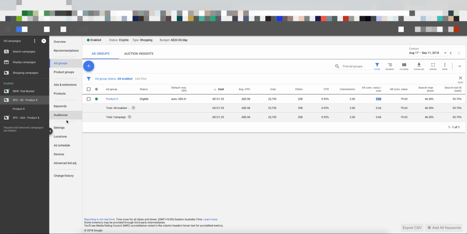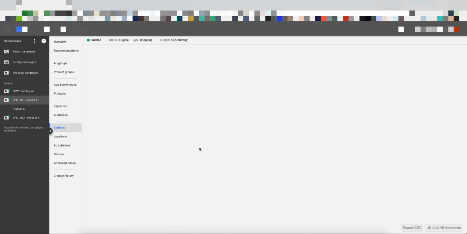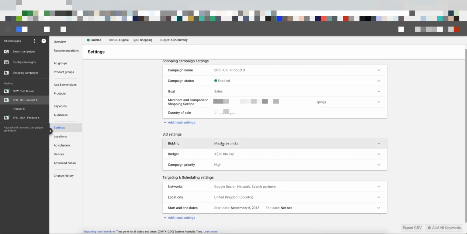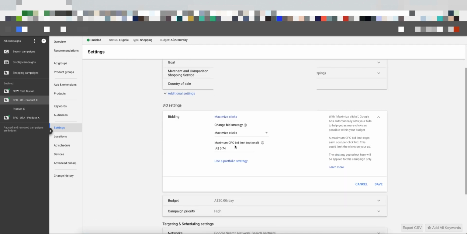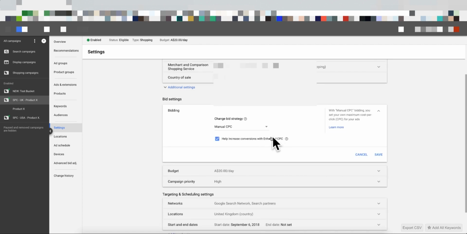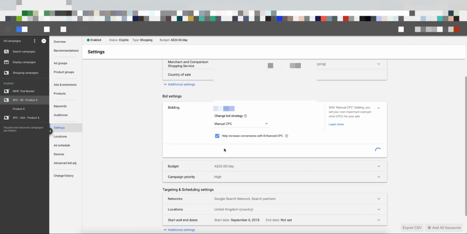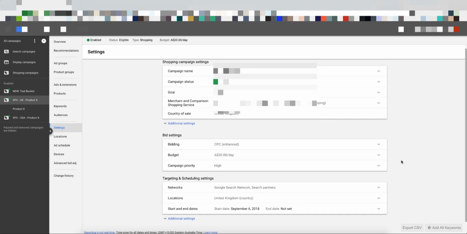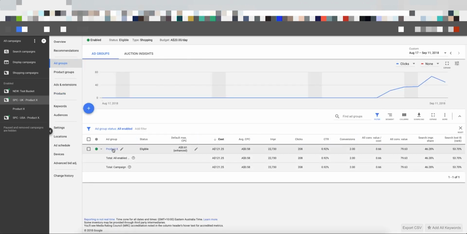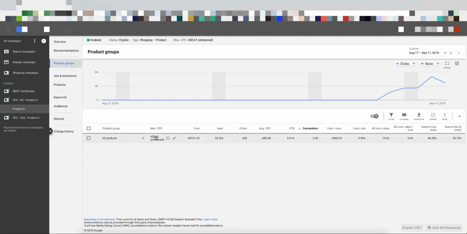So we want to go to settings. For the bidding strategy, we want to change it and go back to manual CPC. We'll leave enhanced CPC ticked, right? We want to go save. Then we want to come back to the product level. Sorry, go to the ad group, and then click on it, and we're going to reduce this bid down to